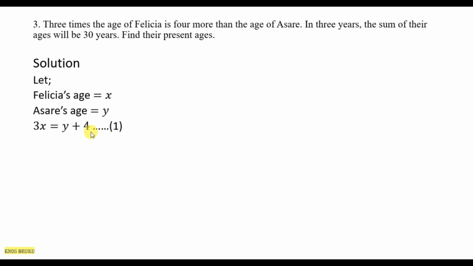Good. So now that we've found the equation for the first part, let's move to the second part. The second part is saying in 3 years, the sum of their ages will be 30 years. So it means if we add 3 to x and we add 3 to y, it should be giving us 30 years. So we can have it in this way: x plus 3 plus y plus 3 should be equal